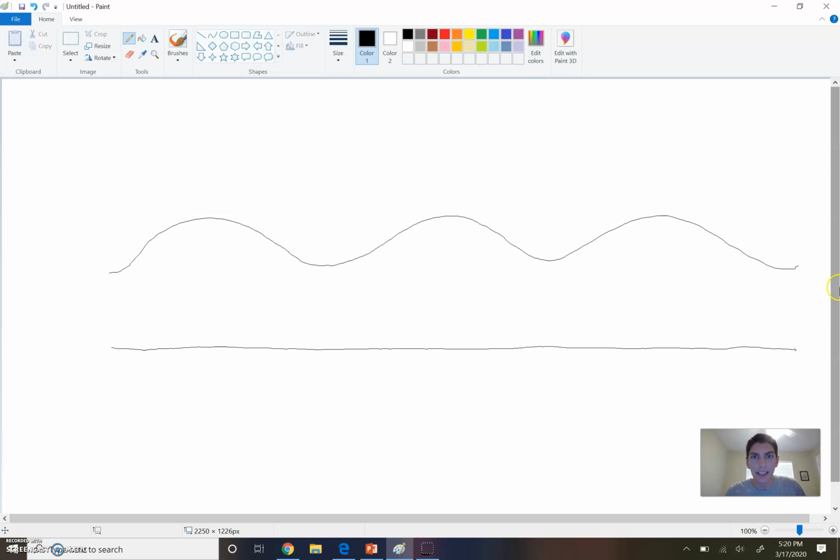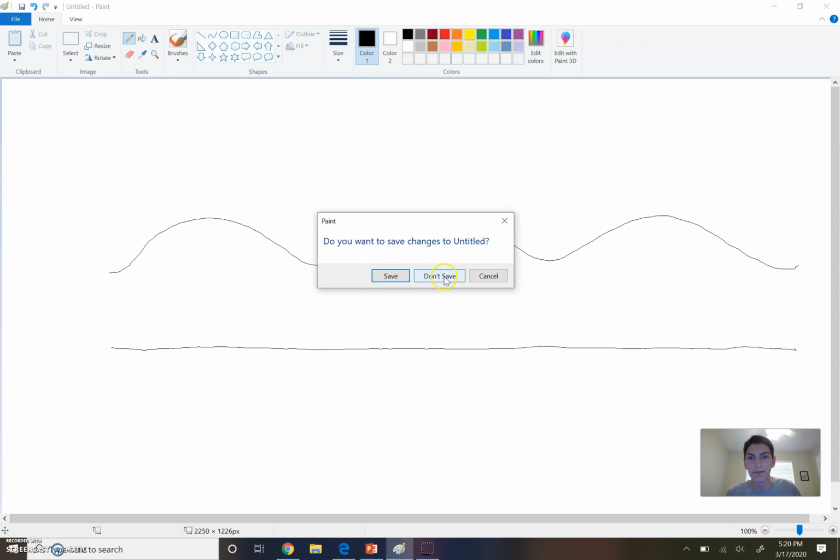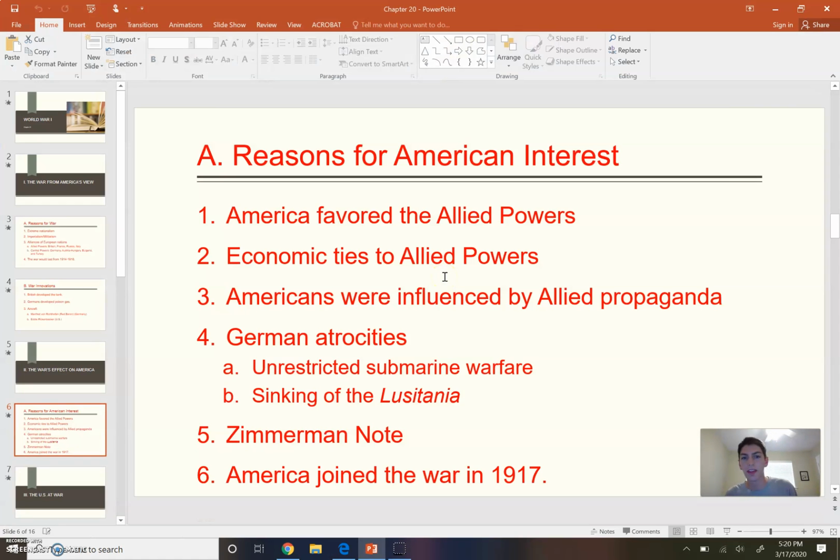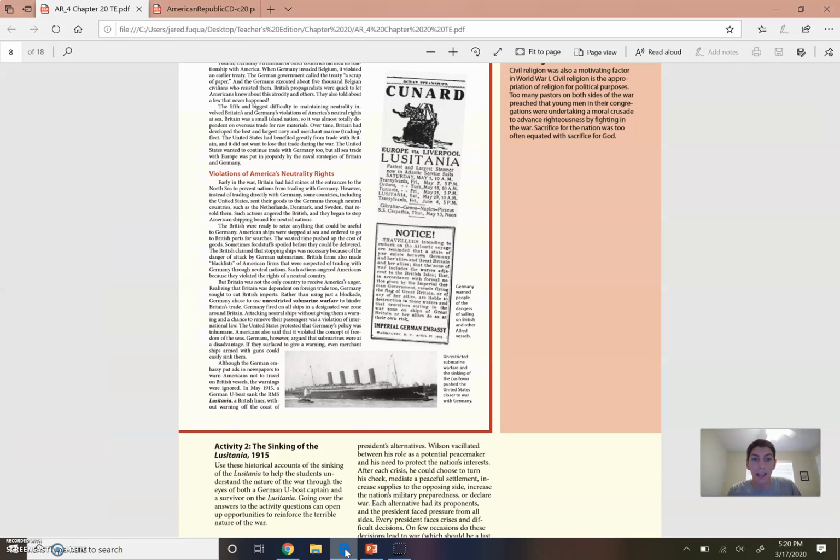Well, like I said, that's just a conspiracy theory. We don't know, but it's very interesting that the ship, instead of sailing in a serpentine motion, would sail in a straight line in submarine-infested waters. Well, the sinking of the Lusitania did anger Americans, but Wilson held his ground, and he said, we're still not joining. It wasn't until the capture of a telegram from Germany's foreign minister in Germany to the foreign minister in Mexico. This telegram, once it was captured, angered Americans, kind of being the tipping point, causing them to go to war. And let's read about this here.